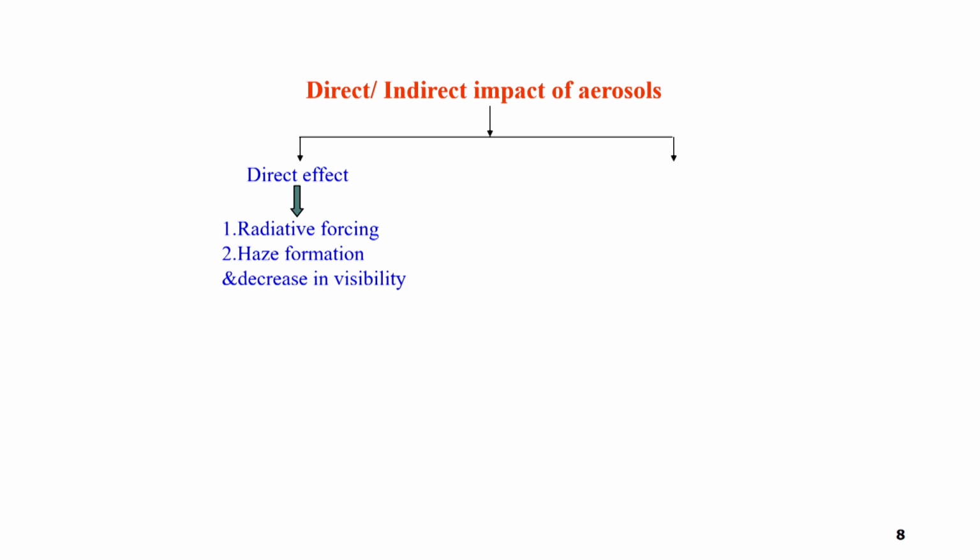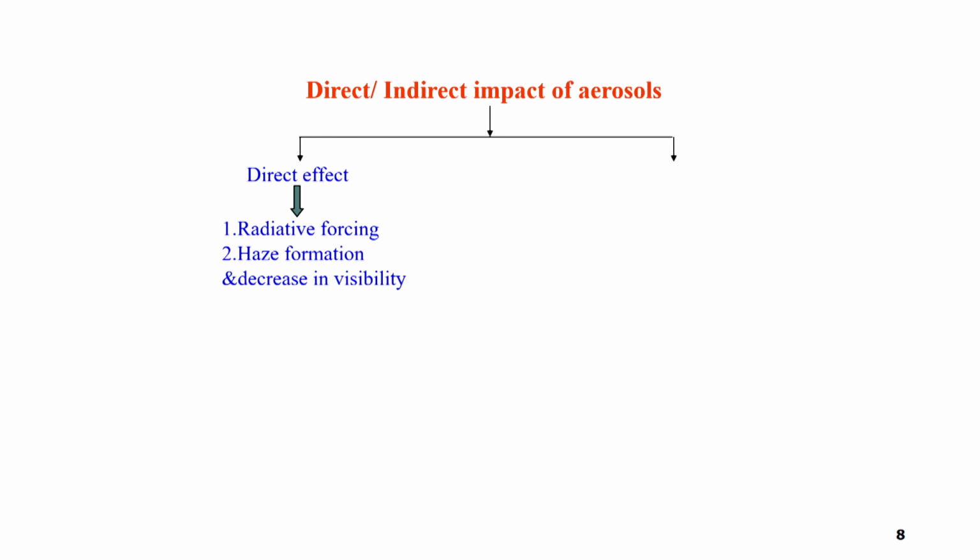I said that particulate atmospheric aerosols interact with the incoming solar radiation. Thereby either they absorb the solar radiation or they scatter the radiation, and by doing so they change the radiation that is reaching the earth's surface. We will talk about the concept of radiative forcing later, and then they lead to haze formation. We already see that, haze, right? If the particulate matter is very high, and this is the time, November, December, when the haze formation will be very high.